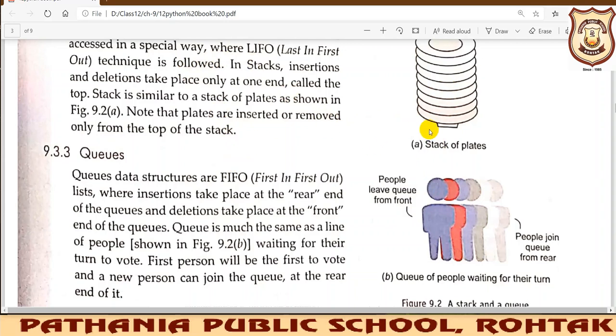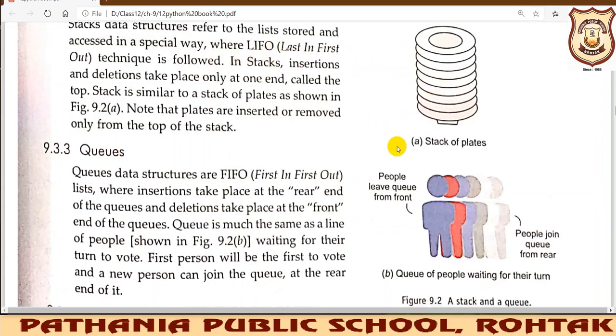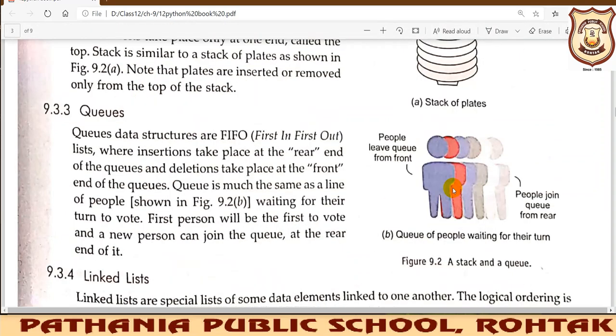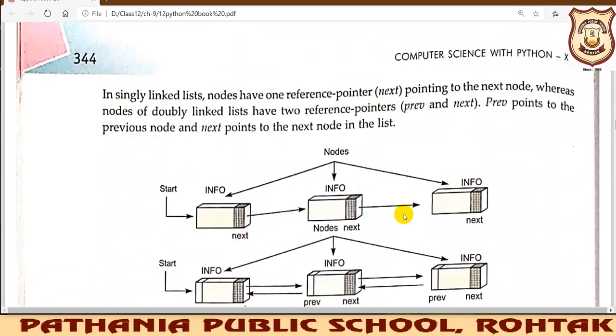It is your wish only, your requirement only, which data structure you will be selecting. And then for storing the data inside that data structure, you only need to follow the principle of that particular data structure. You can't store data inside a stack on the basis of FIFO. If you have to go on the principle of FIFO, then you need to use queue, and if you want to follow the principle of LIFO, then you need to go with stacks only. And if the data is being accessed dynamically, then you should go with linked list.